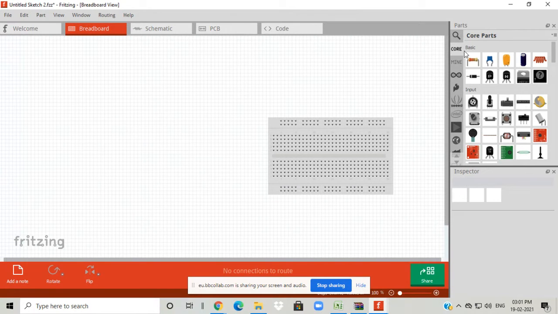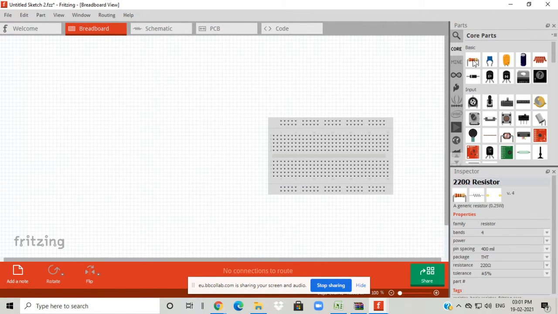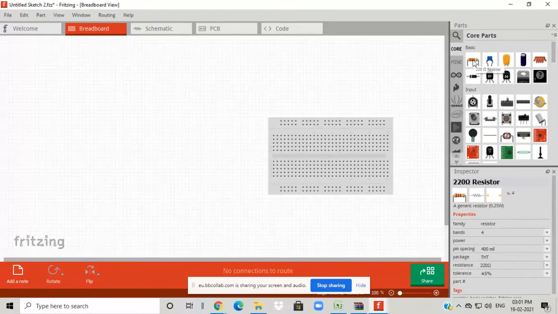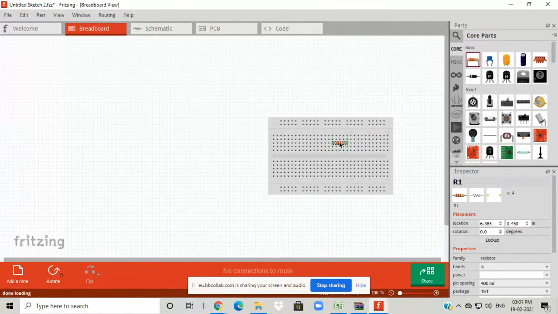Now in the right, different core parts are there. I can take one resistor. We can directly pick and place the components.